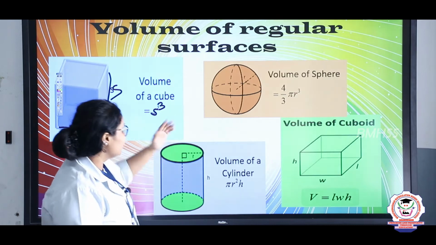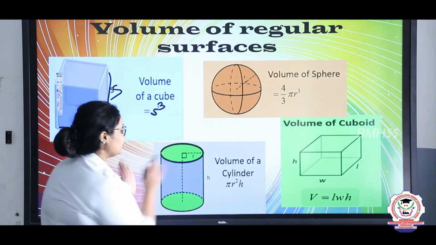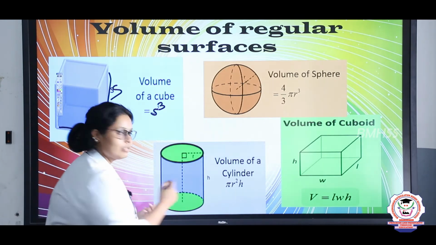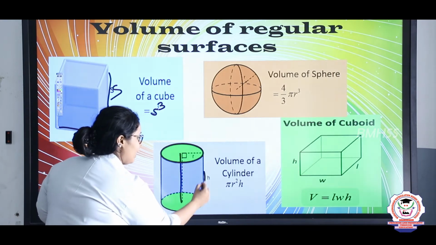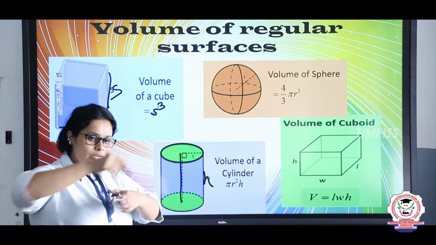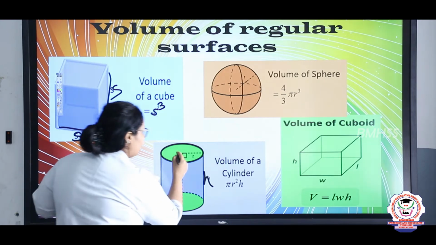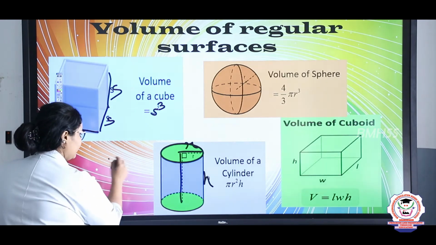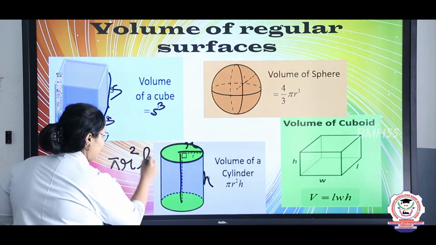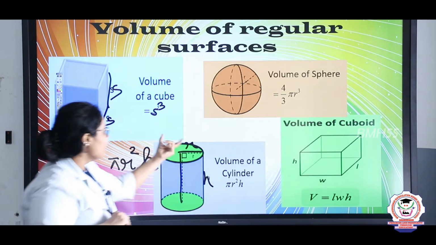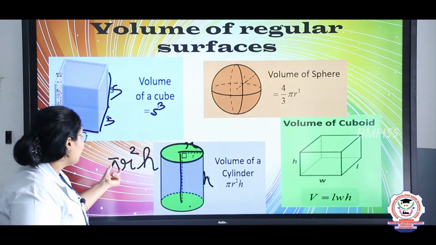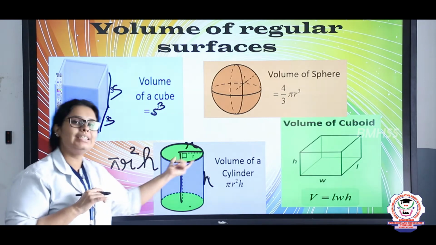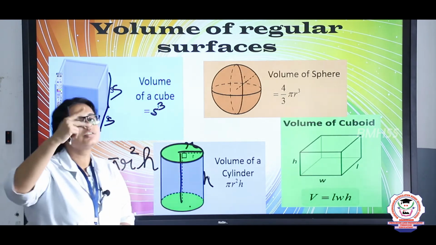Now let's come to the cylinder. A volume of a cylinder, this is the cylinder, right? Cylinder is round from up, and down also it is round. So height of the cylinder is H, and the radius, that is the top half of the circle, is how much? It is R. So when we are writing the formula of this, we will write it as pi R square H. Why are we writing R square H? Because here 2 sides of circles are there, right? And pi is what? Pi here is the circumference of the circle divided by the diameter. Diameter is again R square, okay?